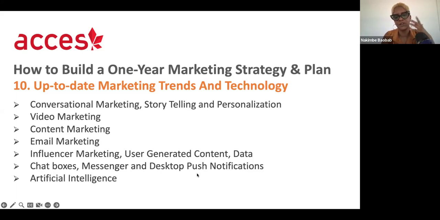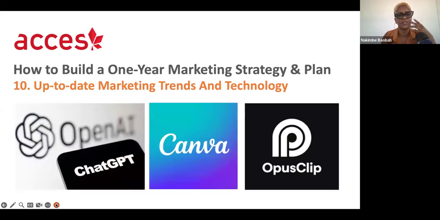But put desktop push notifications, I don't think that is as popular anymore. And then of course there's artificial intelligence. And so these are just some really quick ones. I've already kind of mentioned these. If you can only use 3, these are my first 3. These are my go-to. I've changed ChatGPT for Claude, because Claude can intake more information and give you code and stuff.